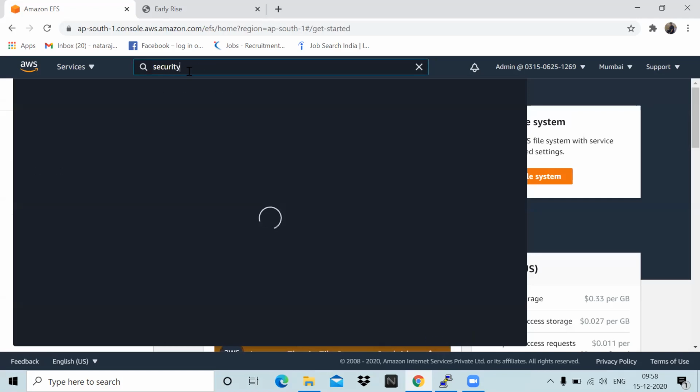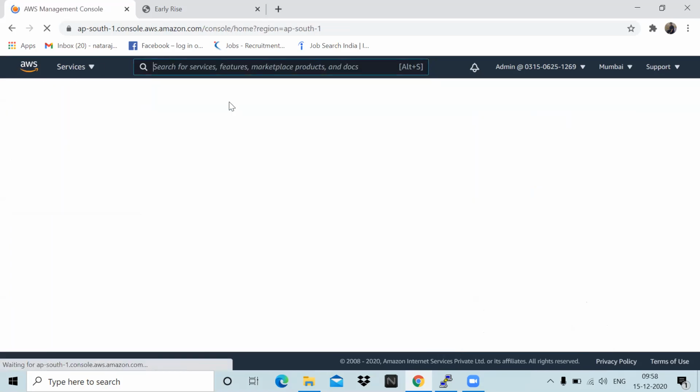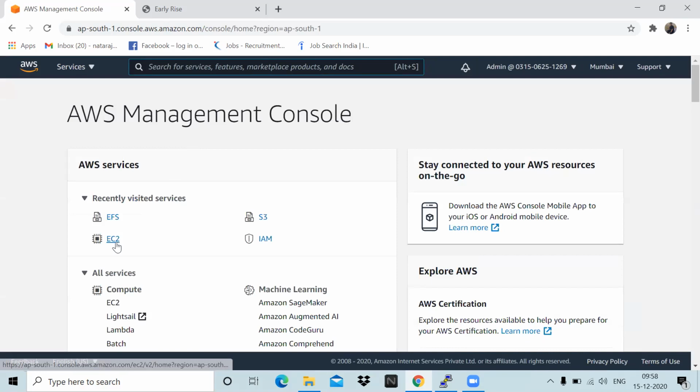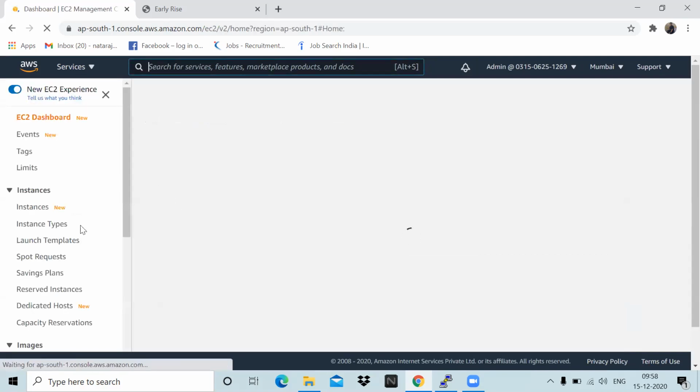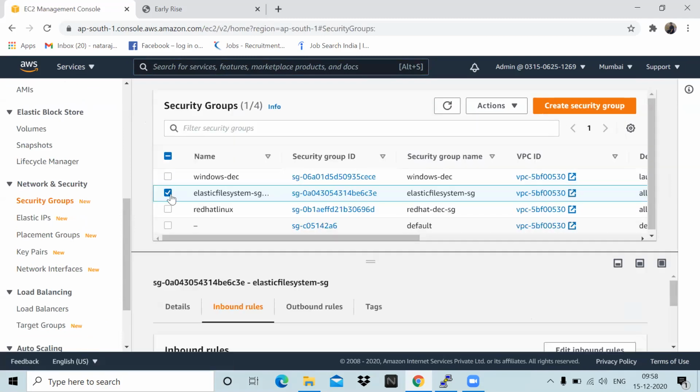Security group is not a service, so you will not find it here. Either you can go through VPC or you can go through EC2. So you have that elastic file system security group, right? Go to that.